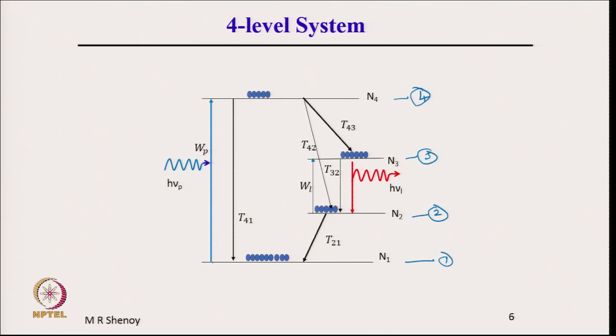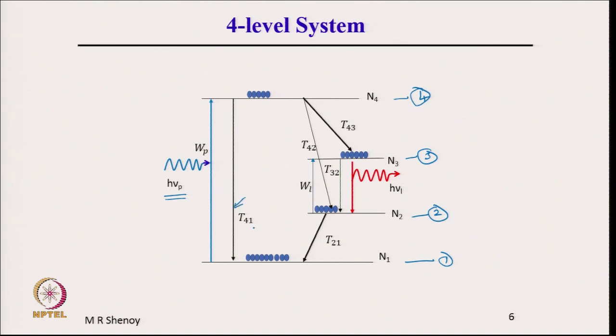So, atoms from the ground state are excited to the 4th state here. As I mentioned, this 4th could be actually an 8th state, 8th excited level, but we call it a 4th state. This will become more clear when we discuss the scheme in more detail. So, the pump photons excite atoms from level 1 to level 4. From there, of course, they can make a downward transition as shown here.